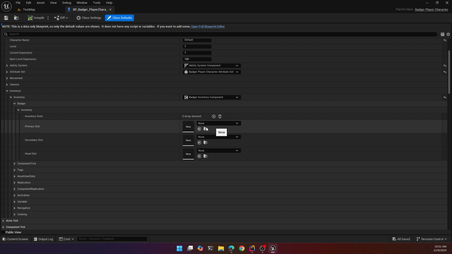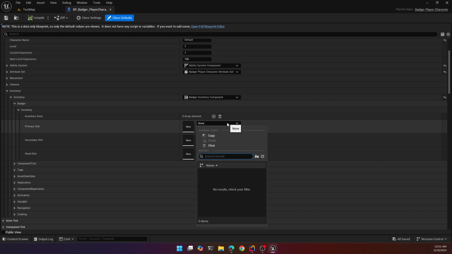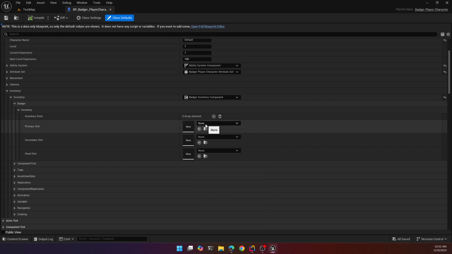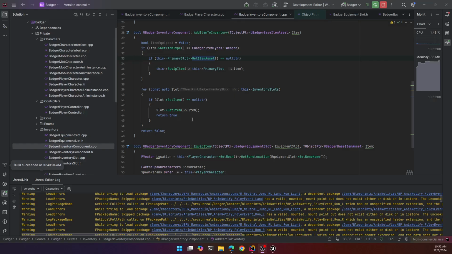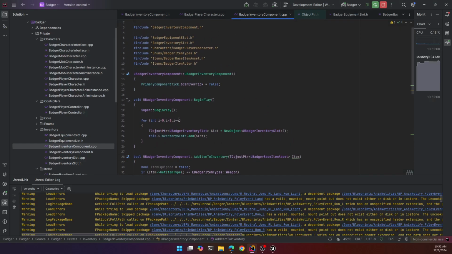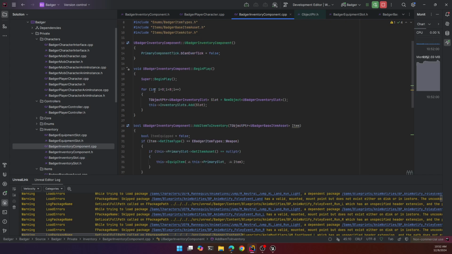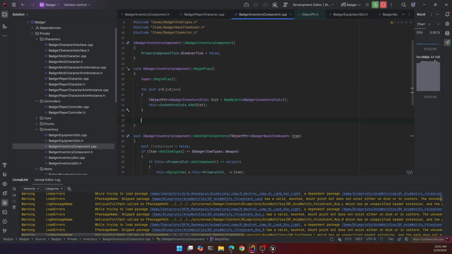Primary slot. Here we go. Yeah, if I want to initialize it here, I actually need to use a data asset like I did for the items. Instead, I need to, in the begin play where I initialize the inventory slots, I need to initialize,